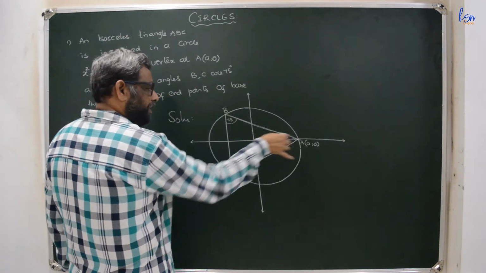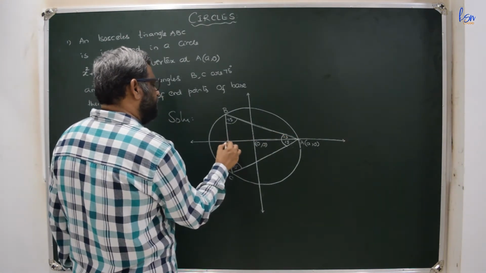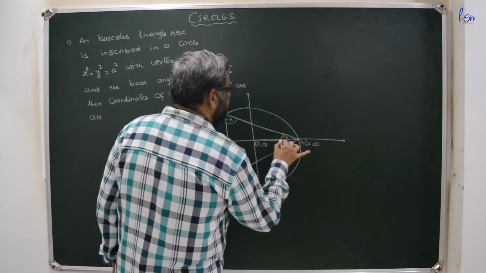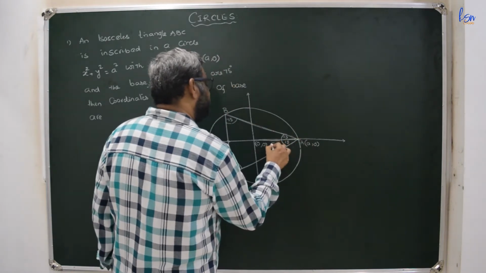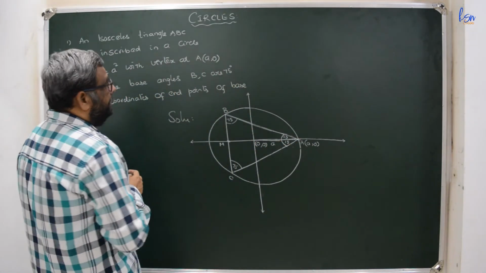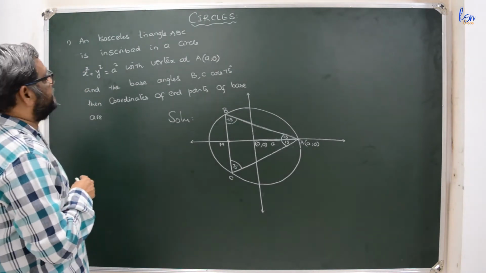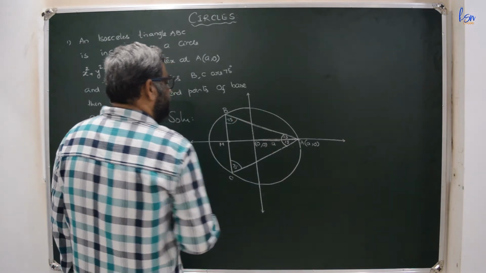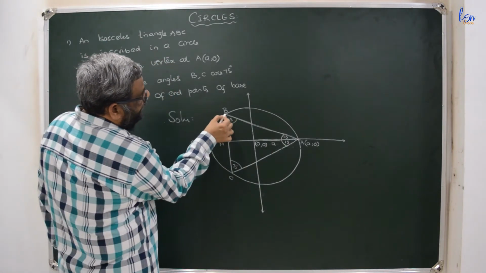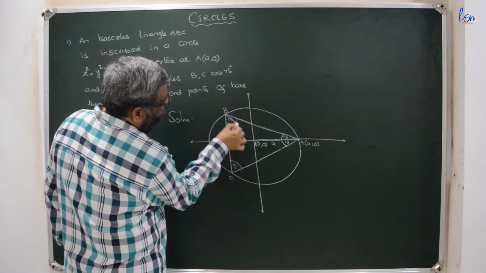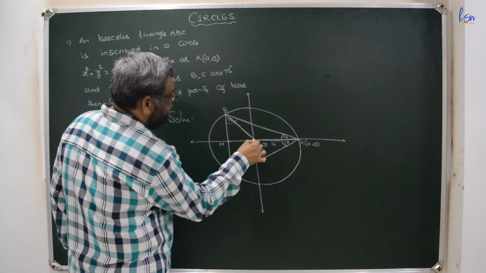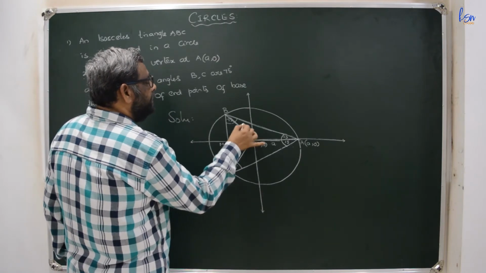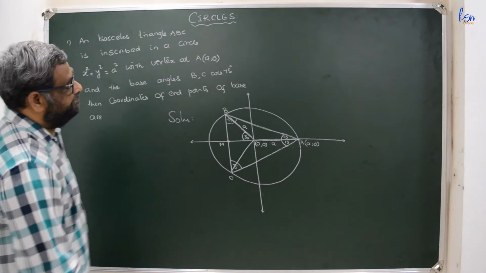So you can draw the argument. It can also be taken as the perpendicular bisector. So this is the midpoint of this. Now here this distance is a units. Now here it is given that x square plus y square equal to a square is the circle and this is the a units. Now you can join like this, so that this will become 30. The radius being a, this is a.